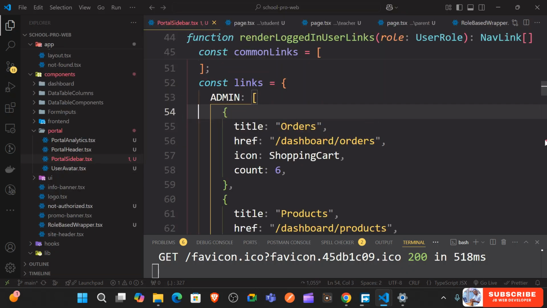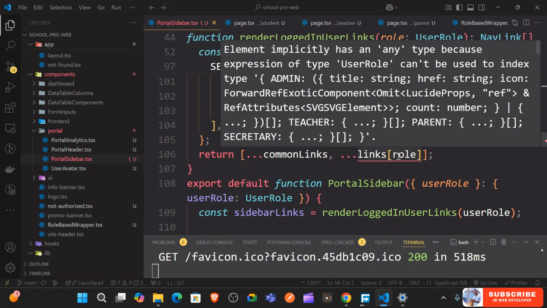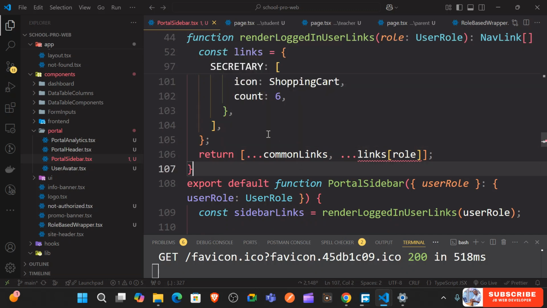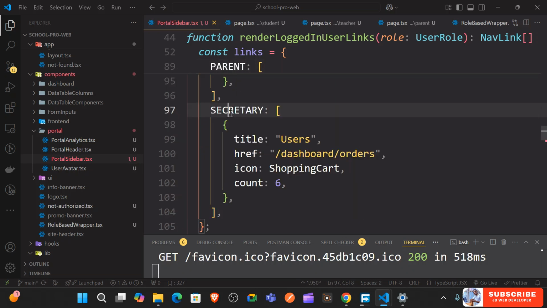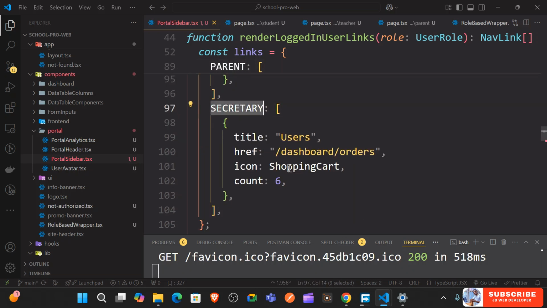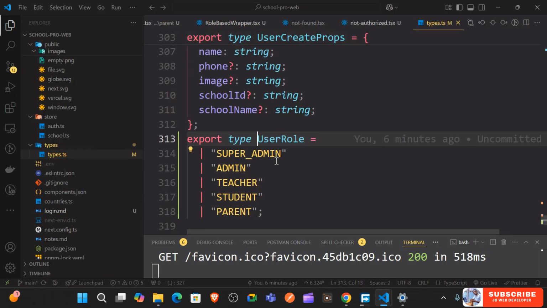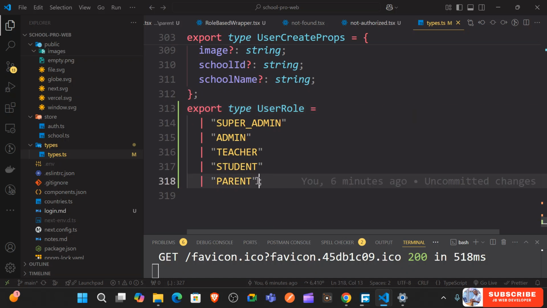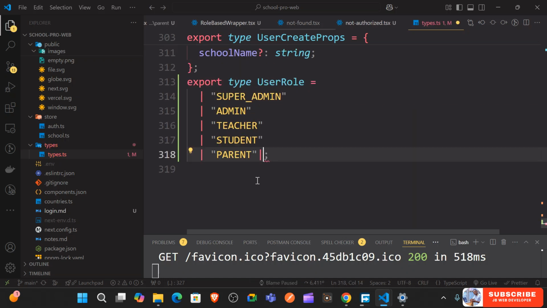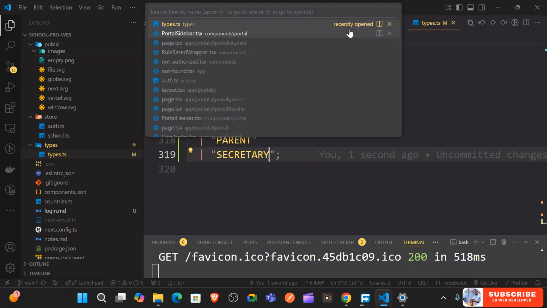We have some error they said because of, I think, secretary. So I can just go to this user role. I'm just going to simply add in one more, which is actually the secretary. So if we just go back,